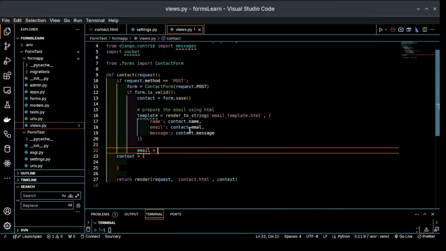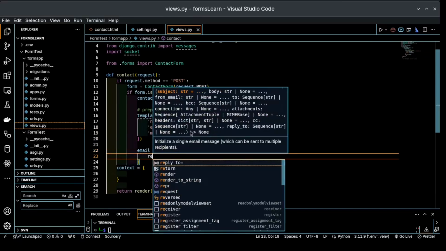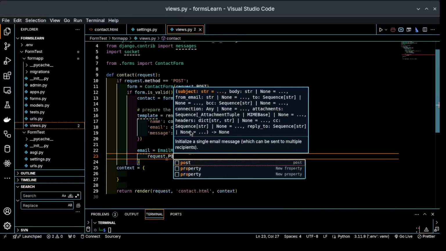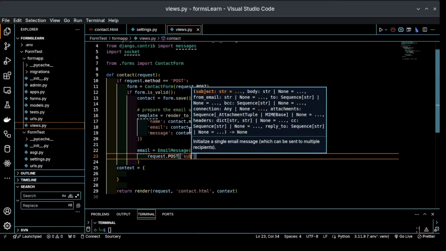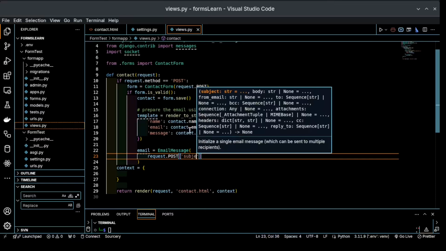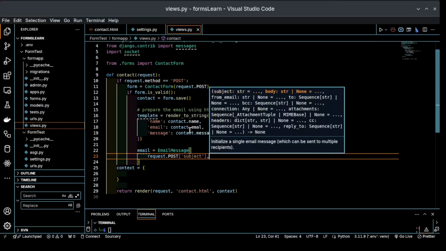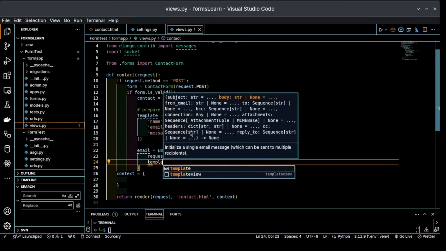So email equals to EmailMessage, then we need to pass in the subject. So request.POST, say subject, request.POST.subject. Let's pass in our template,